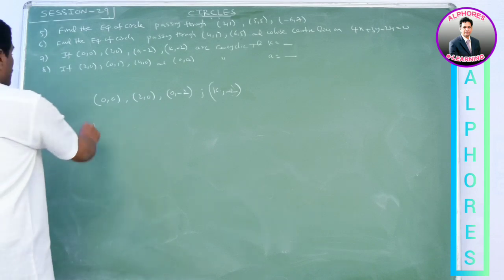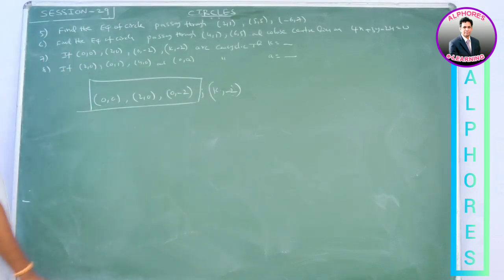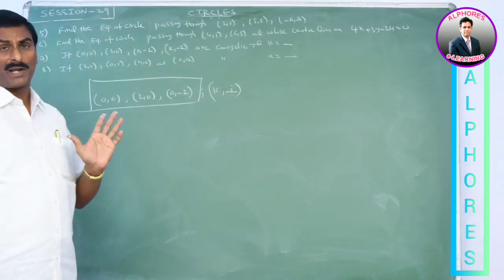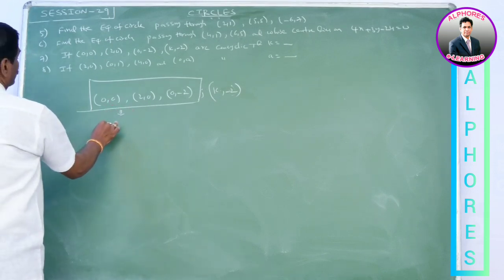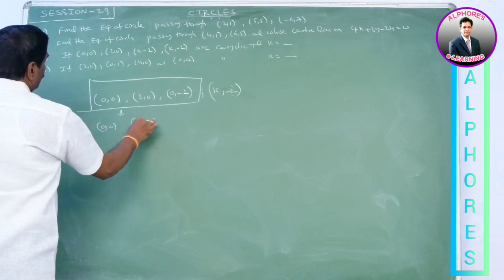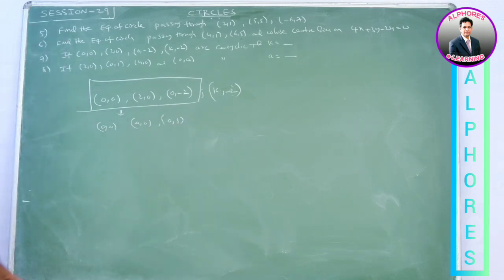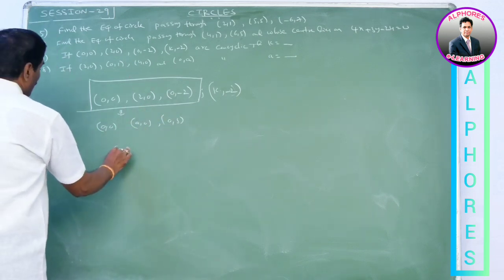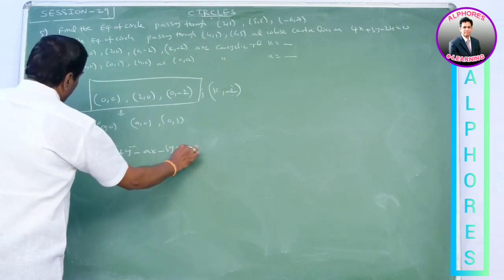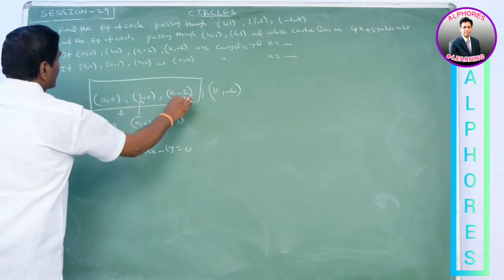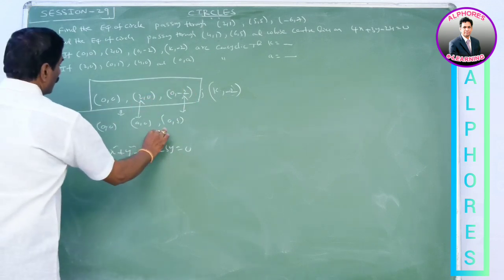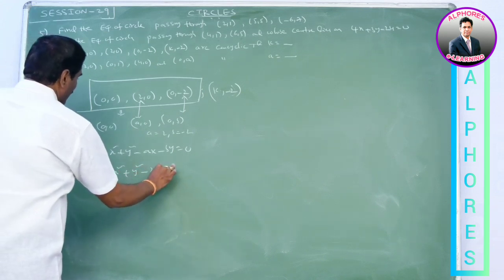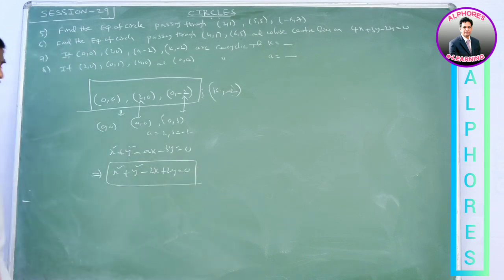So first we find the equation of the circle passing through the first three known points. k is the unknown value. We know the equation of the circle by using the first three points. These are in the form of (0, 0), (a, 0), (0, b). Please observe these points. The equation of the circle passing through the points (0, 0), (a, 0) and (0, b) is x² + y² - ax - by = 0. Here a = 2, b = -2. So the equation of the required circle is x² + y² - 2x + 2y = 0. It is the equation of the circle.